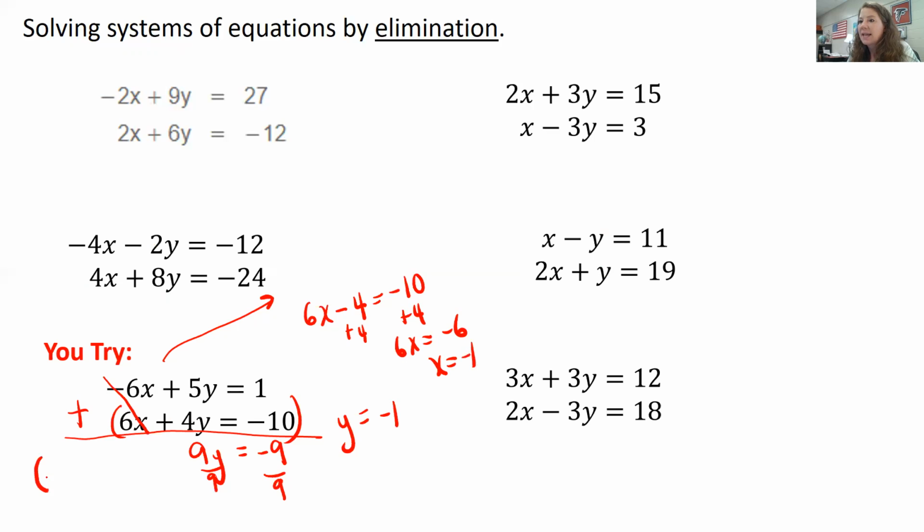So did you guys get negative 1, negative 1? So that would be positive 6 minus 5. Yep, so that's the right answer. And then this one,